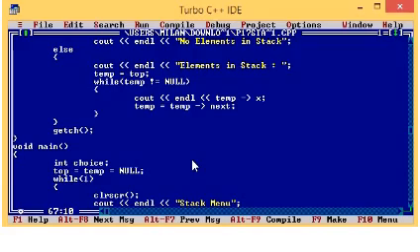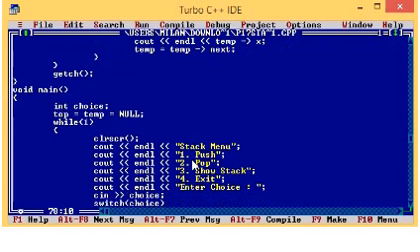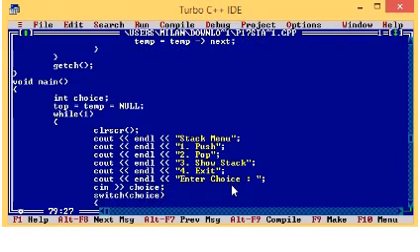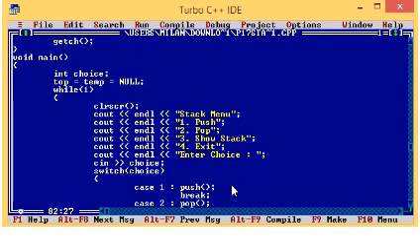Now we will be writing a main function. First we will take the user's choice: choice 1 for push, choice 2 for pop, choice 3 for display. Like that you can take choices. So initially, what is top, what is temp? Initially they are null pointers. Now you display using cout: stack menu, 1 for push, 2 for pop, 3 for show stack, 4 for exit. Enter your choice. First you have to read your choice. How do we write this menu-driven program? We use switch case.